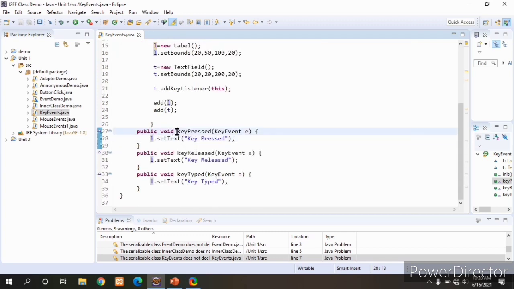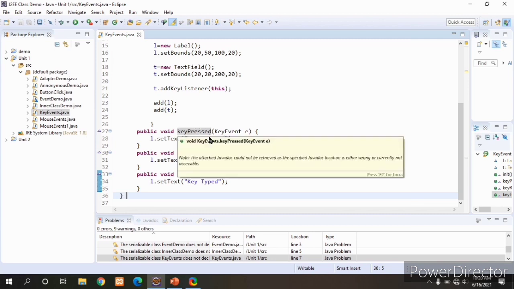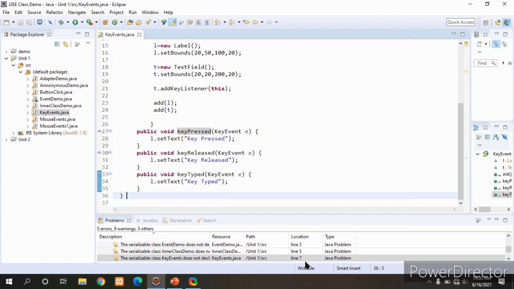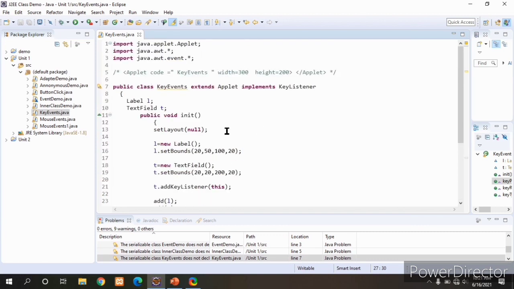What is the difference between key pressed and key typed? Whenever we type characters like alphabets and numbers, they show on the text field or screen. At that time we call that event key typed. Key pressed is when we press a control key, function key, alt key or shift key; nothing is displayed on the screen or text field. That event we consider as key pressed. This is how we handle the key events by using the KeyListener interface.